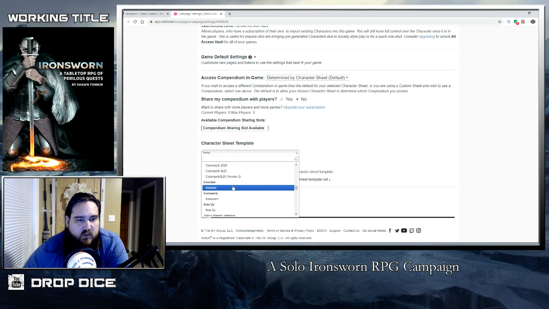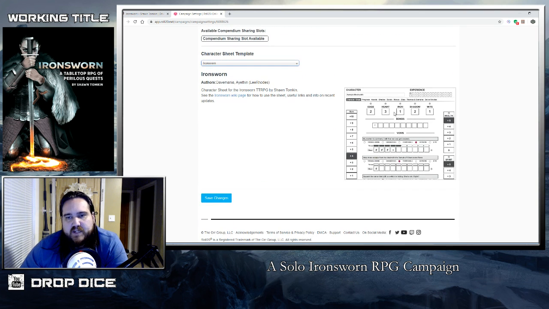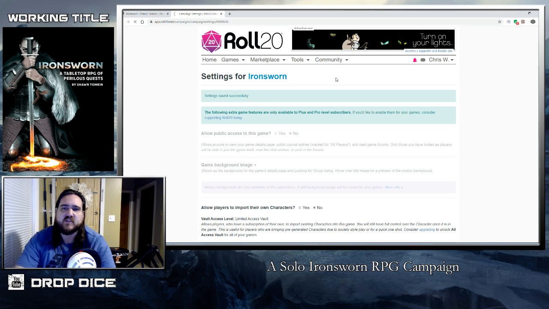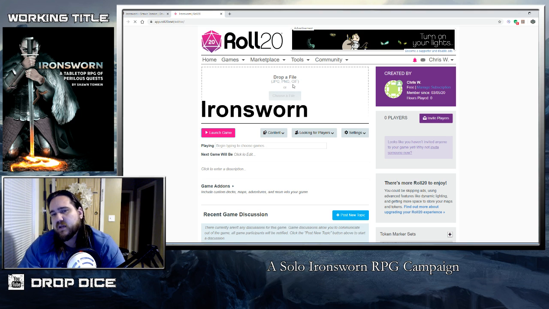Again, quite a list here. So Ironsworn. Here is our character sheet, and typically on the character sheet you're going to see a little dice like this. That typically means that we can roll using those things, and then as we play we'll figure out what the rest of this sheet is about. Save changes, and now we go back into the campaign itself, launch the game, and